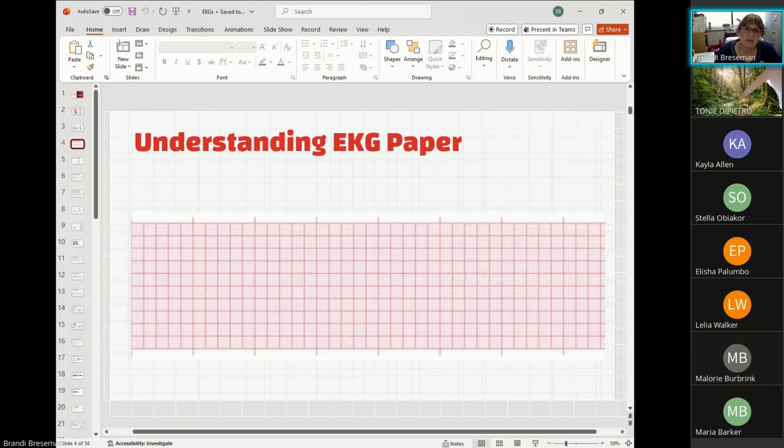Back in the olden days, we used to have to start our shift and print what's called a rhythm strip for our patient. And then we would interpret that rhythm strip